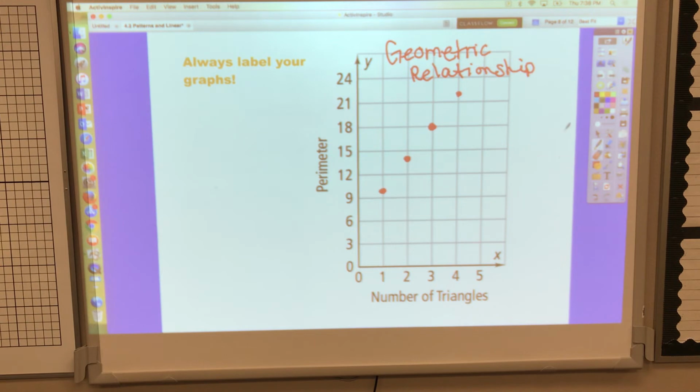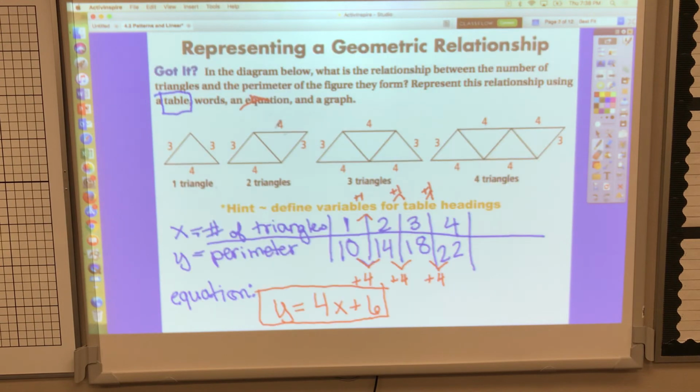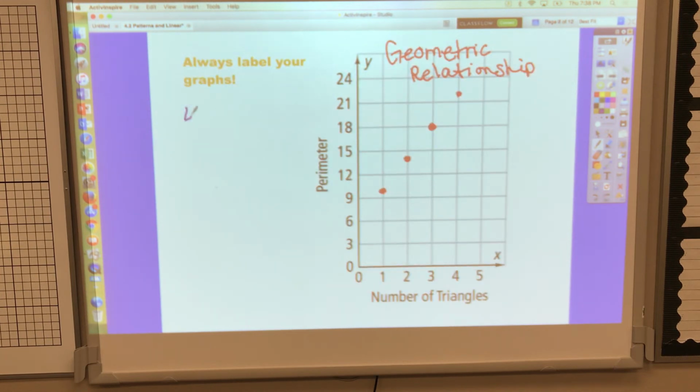So what we have left now is to define it in words. And the words is definitely easiest to figure out after you found your equation. So I'm going to rewrite our equation on this page so we can see it. Y equals 4x plus 6. So what we do for our words is we think about what our equation says. And what it says is we take the number of triangles